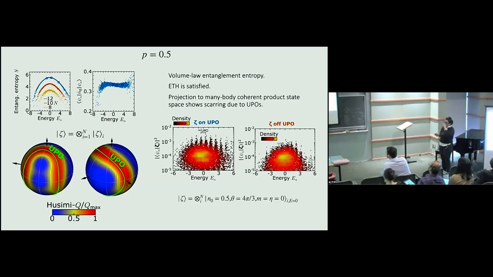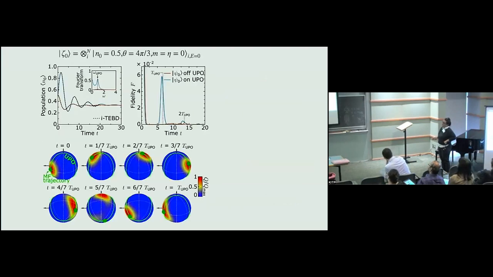Let me just wrap up by saying that if you look at the eigenstate occupation numbers for a state on the UPO, you can actually see these kinds of tower structures coming up, very reminiscent of the QMBS that we know of. That also gives rise to stable oscillations in the local observables, and that's checked with respect to the iTEBD, infinite TEBD method, and they don't disappear in the thermodynamic limit. And most importantly, the frequency of the oscillations here matches the UPO frequency. So we think that this is a way